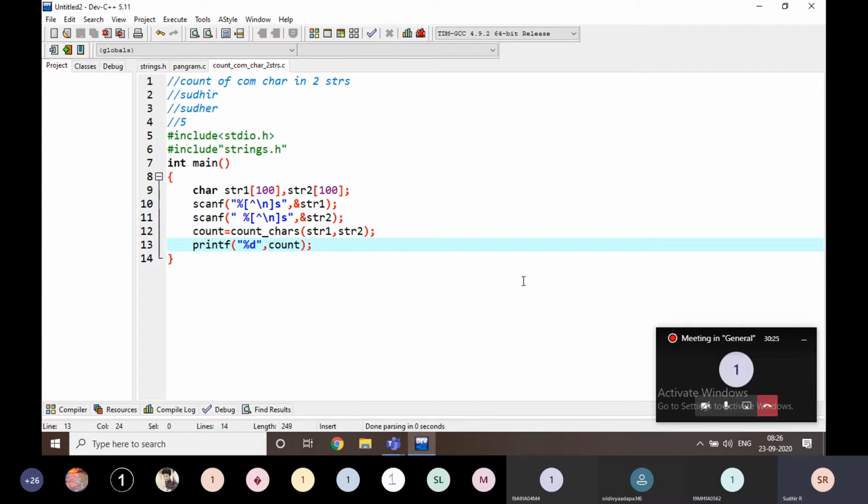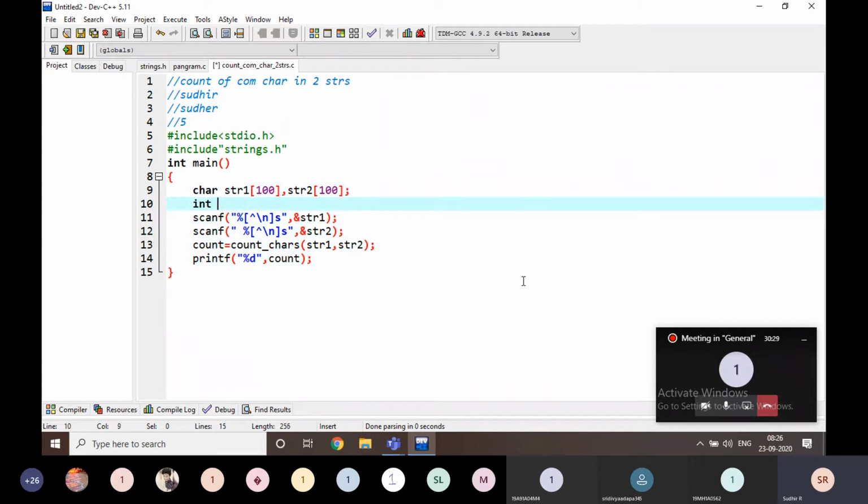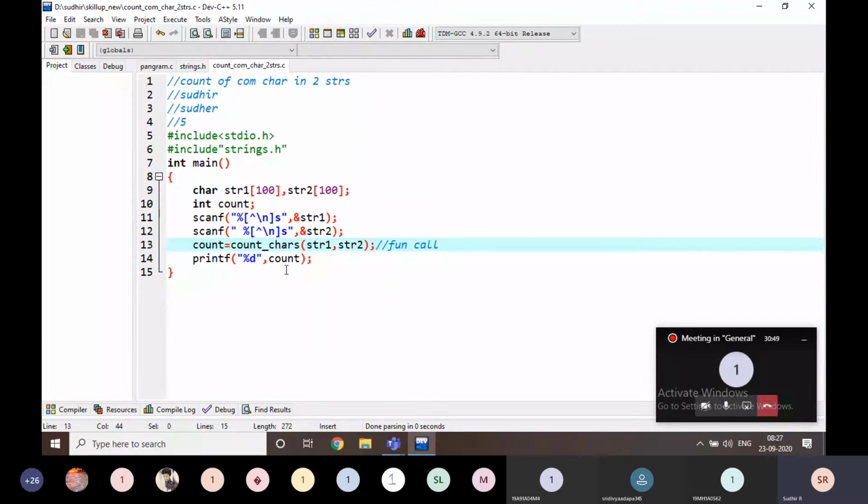I declare the count using int count. This is the function call; it returns the count and takes two strings as arguments. That count is going to be displayed. That's it, nothing else.